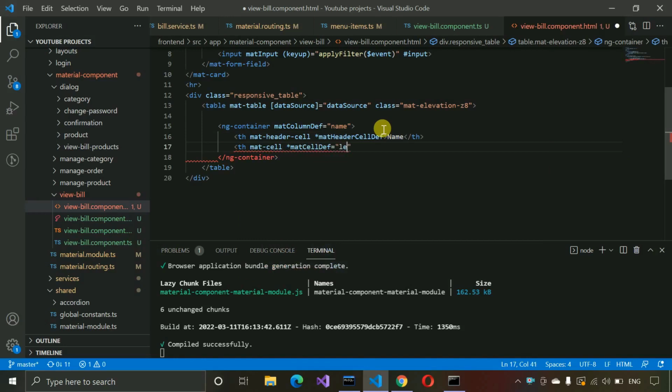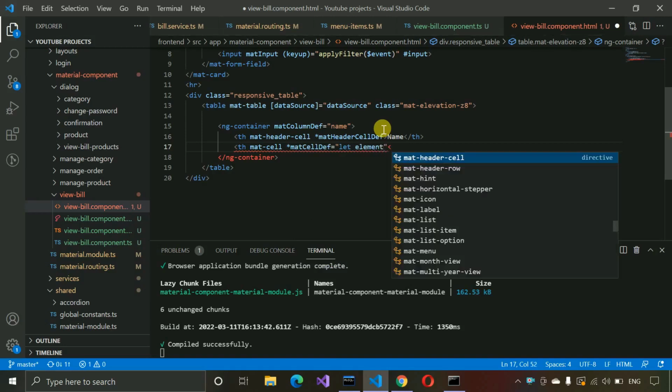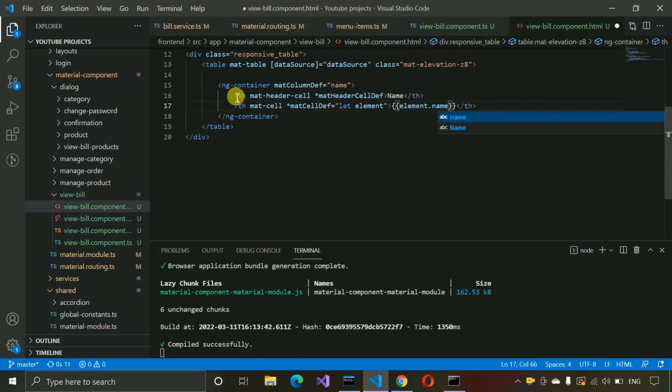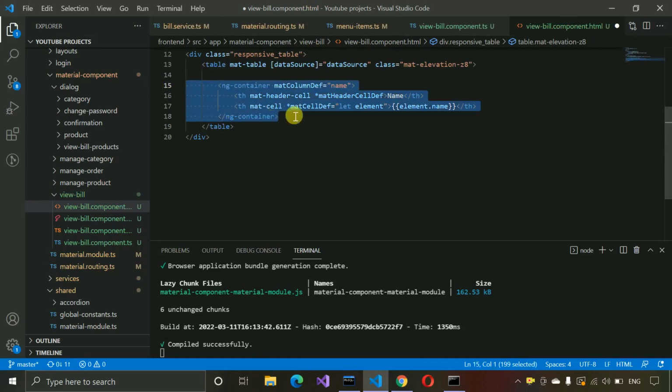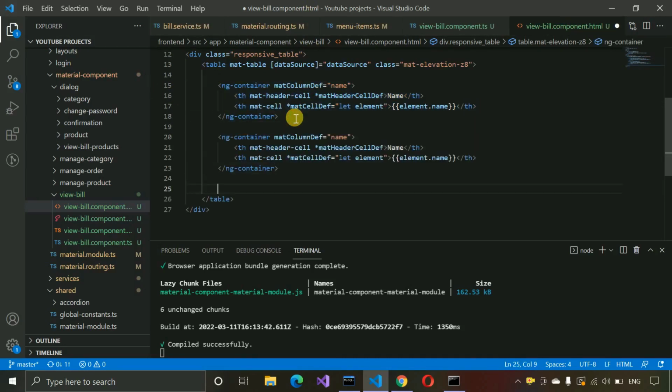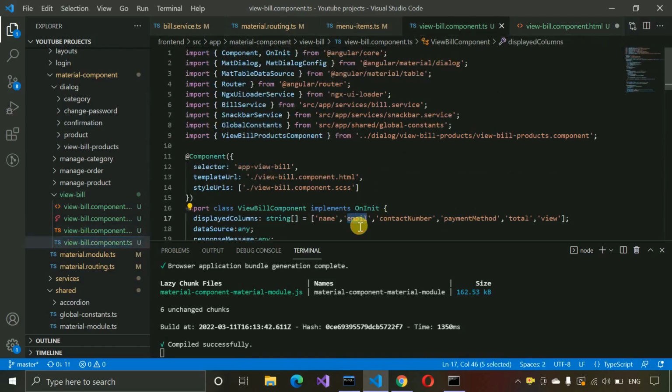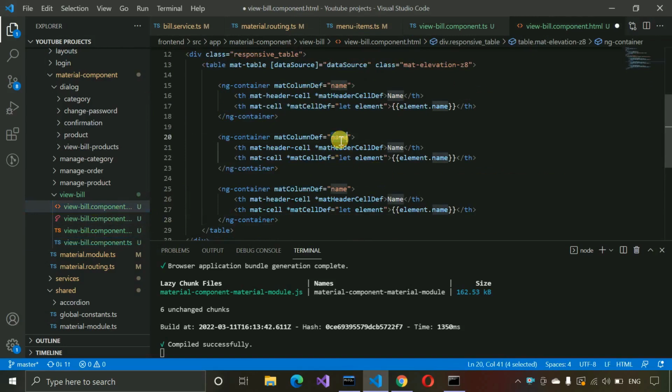here we need to write let element, and then we have to close this one, and then we have to write like this: element.name. We need to write like this, and then we need to copy this one, let me paste it two times more, and then we need to rename it, so we have to copy it from over here. So let me copy the email. So here I'm going to change the email,